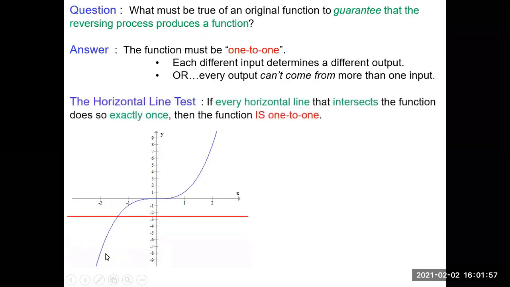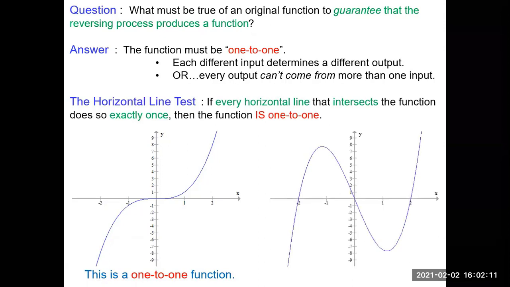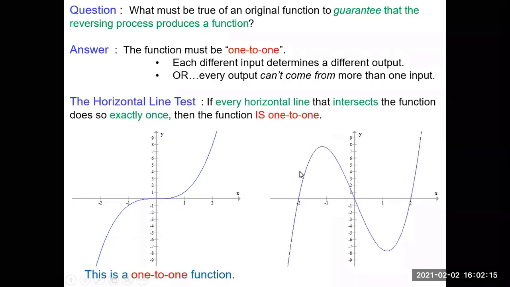That's why we refer to this as the horizontal line test. We know that the horizontal line, or every y value, is hitting the function at one point. Therefore, this is a one-to-one function. But what if we take a look at another function? If we were to call this function g, we can realize that this is a function since every input gives